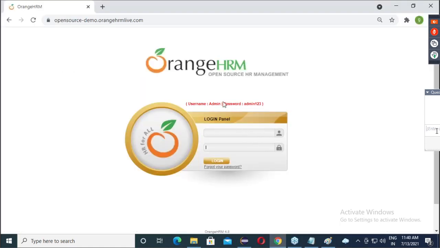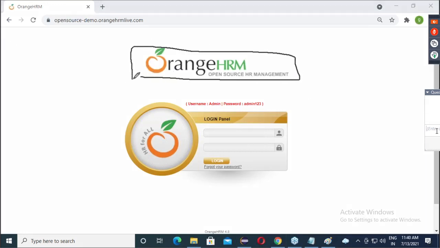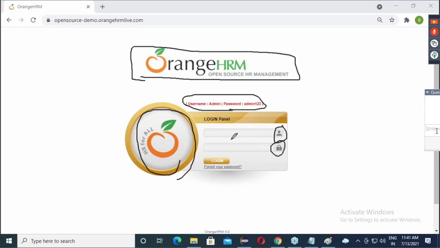Not only that, in real time you will have many things. See, this is the logo of Orange HRM, which is one HR image. Here are username and password, and some emojis which indicate what type of field it is. Here is the forgot password link.